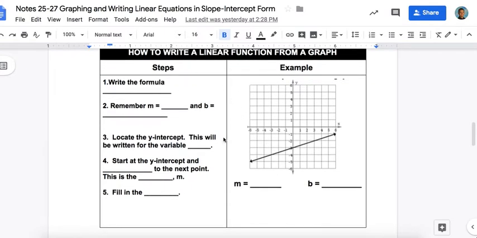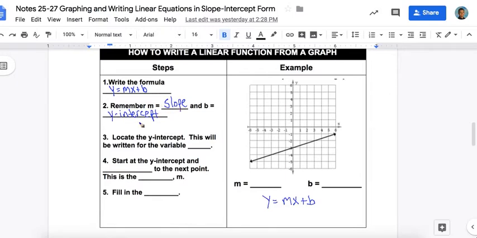So here are the steps on how to write a linear function from a graph. The first step is to write the formula, and we know that the formula for slope-intercept form is y equals mx plus b. And remember, m is the slope, and b represents the y-intercept. So that's where it crosses the y-axis. So after we write the formula, let's do that down here. Okay, after we write the formula,